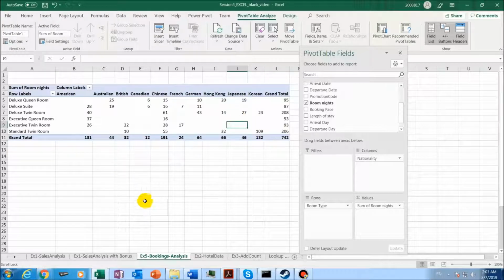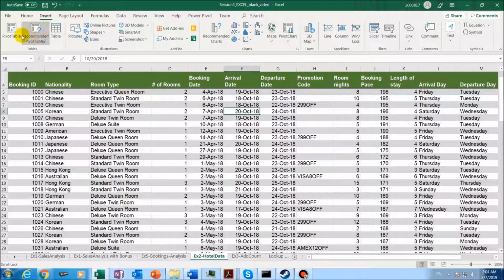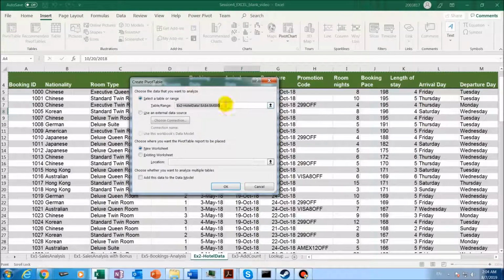Okay, so now I'm ready to build my second pivot table. So I go to exercise 2. Once again, I click on any cell within my range, insert, pivot table. It automatically finds my table here because I clicked within the range. And this time, for my second pivot table, I want to put it in an existing worksheet. And the location is going to be exercise 5. So I click there,